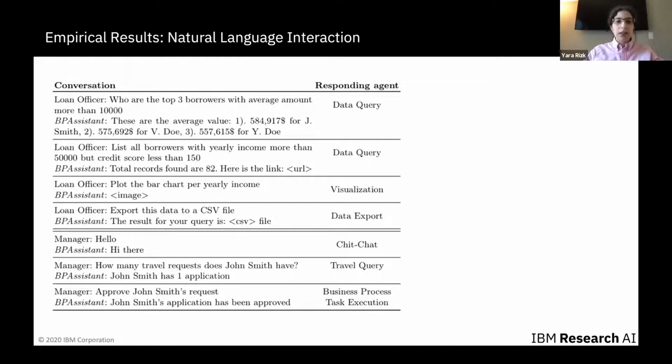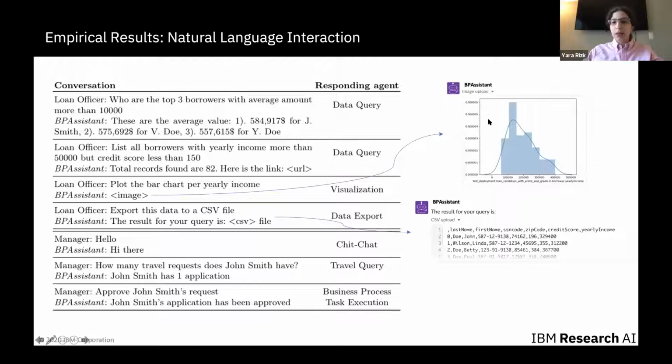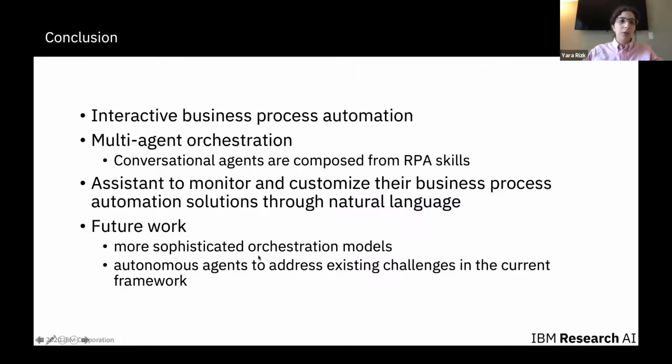So here are a few more examples of just conversational ways of interacting with different agents. We see here which agents are being called, and we can also see some of the responses may not necessarily always be natural language, but can be a figure or a CSV file if that is what the user asked for. So to conclude, we basically propose the framework that allows interactive business process automation through natural language, but also